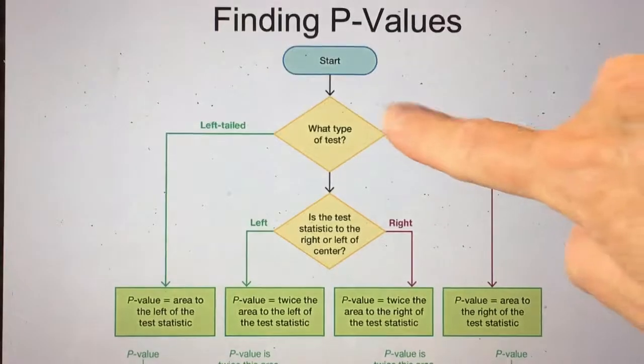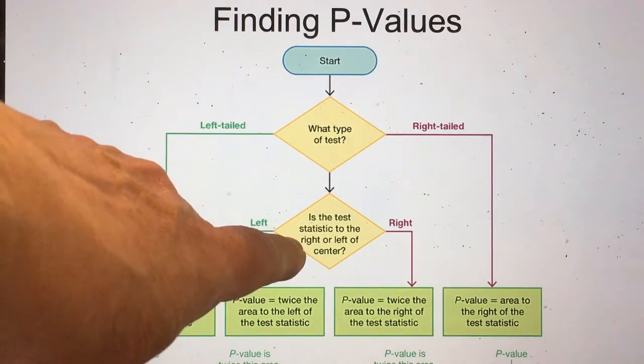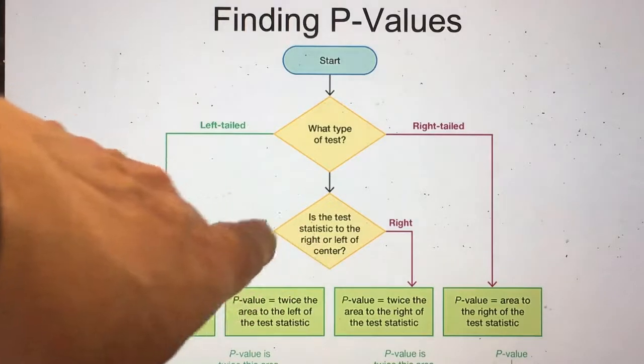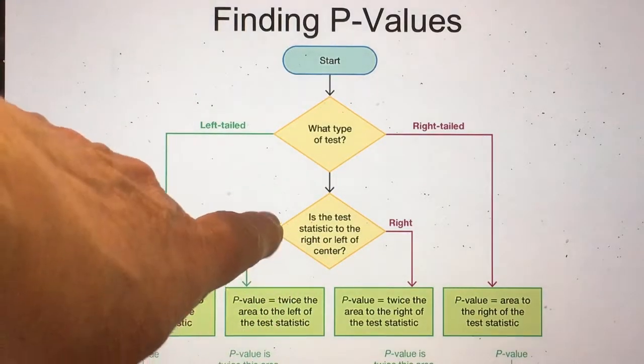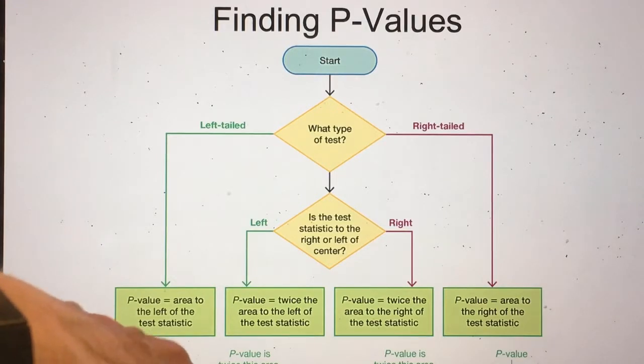If we're doing a right-tailed test, the p-value is the area to the right of the test statistic. Okay, and then it says, is the test statistic to the right or the left of the center? So here we've got p-value is twice this area because we have